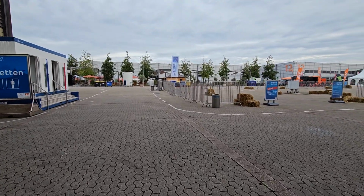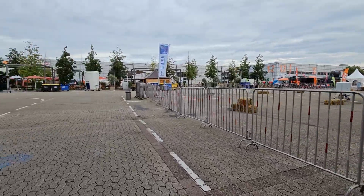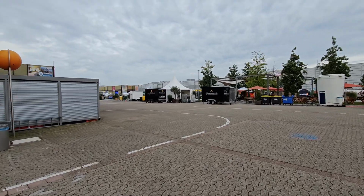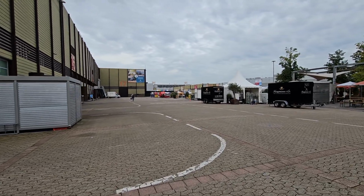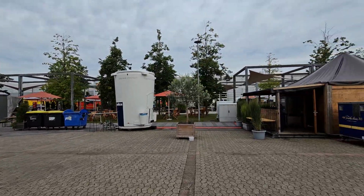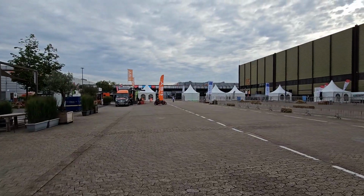Hello and welcome to Caravan Salon, the largest RV show in the world, and this is the central area which I'm walking across right now. I like to give one or two sort of tourist videos, so to speak, so you can see what's actually going on. It hasn't opened yet. It'll open in just under an hour's time, but you see these huge halls that we've got around us. They're all full of motorhomes and campervans and caravans and places to go and the equipment